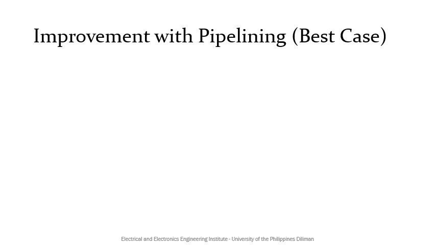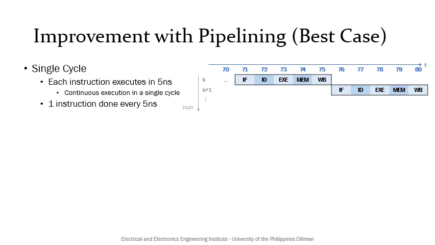Now, how good is this when compared with a single cycle data path? Consider a single cycle data path where each instruction takes 5 nanoseconds to finish. Upon further inspection, the figure on the right also shows that each stage takes 1 nanosecond to finish. However, note that there is no outline or solid line in between stages to signify that the execution happens continuously in one 5 nanosecond clock. The single cycle data path thus finishes one instruction every 5 nanoseconds.